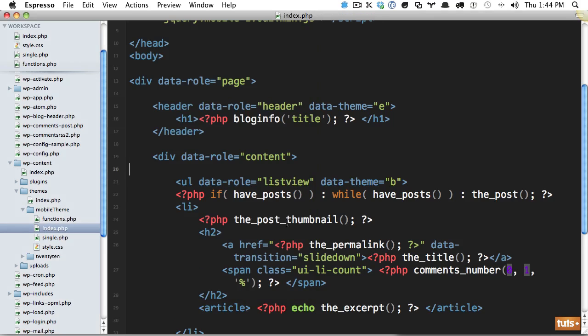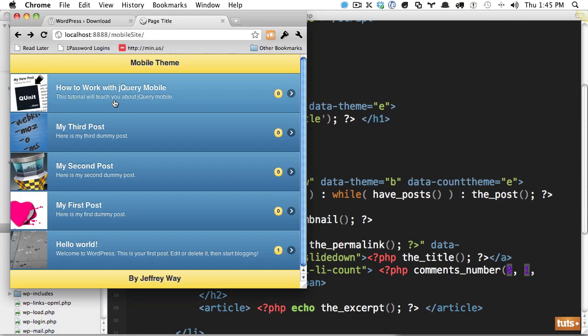Well, we can do that, and most of the time you're going to place these data attributes within the data role area. So in this case, we'll place it within the UL. If we want to style that count theme, we can do data count theme, and we're going to make this E, and that's the same yellow. And now if I refresh the page, it just adds a little bit more consistency with the header and the